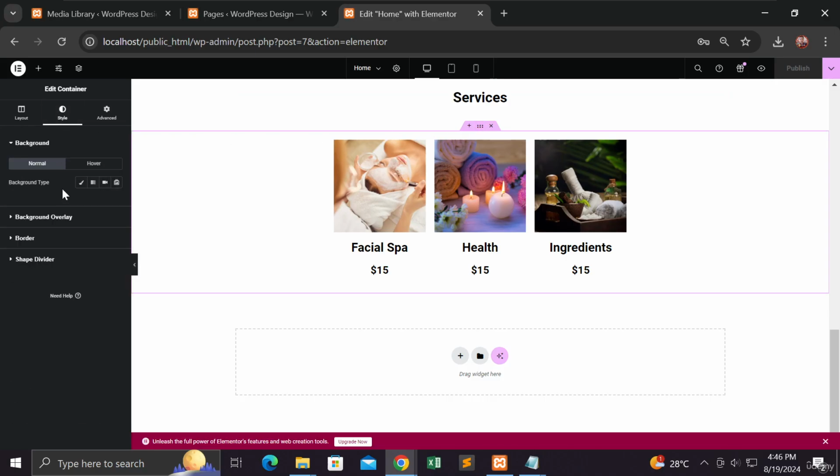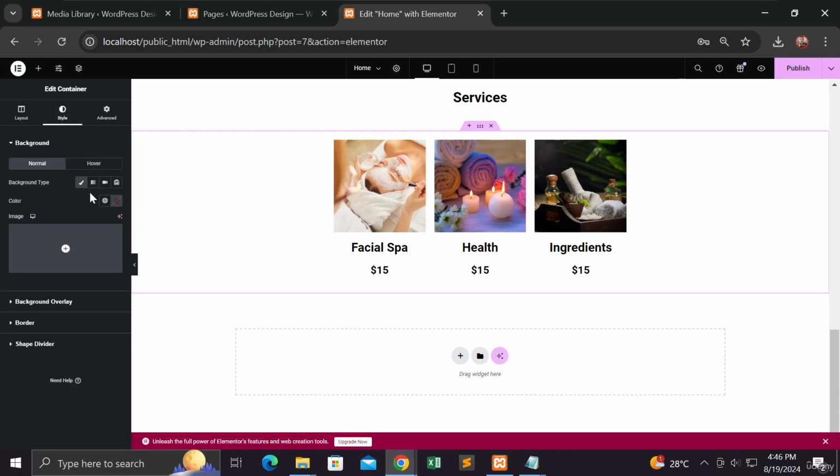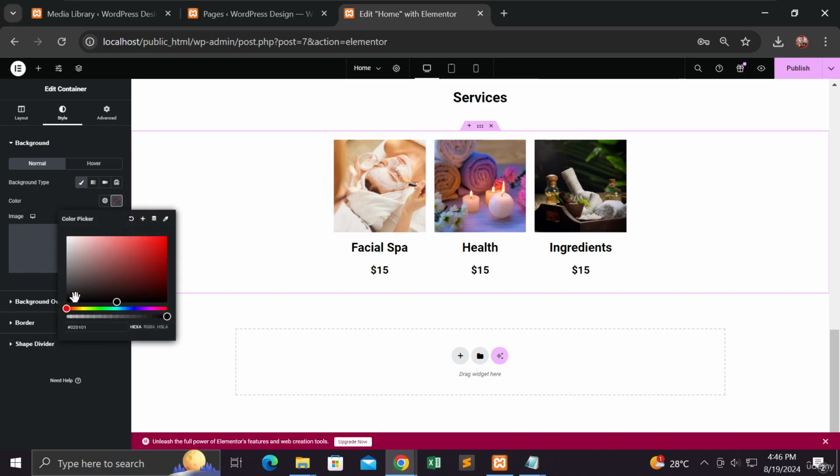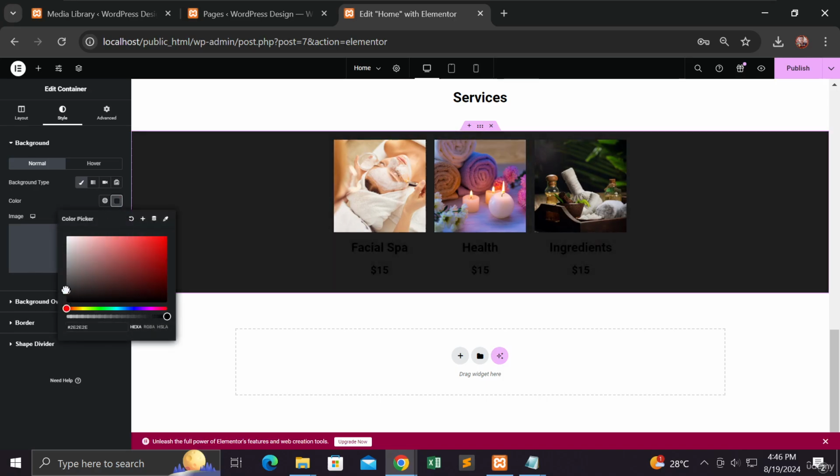And of course, just the way we did the last time, we can select the classic on the style and select the color. Okay, so I'm gonna select maybe,